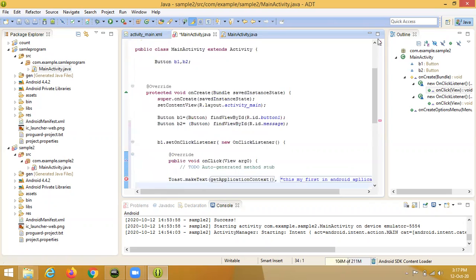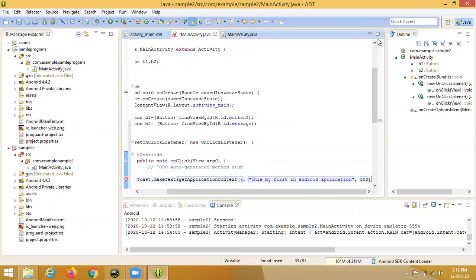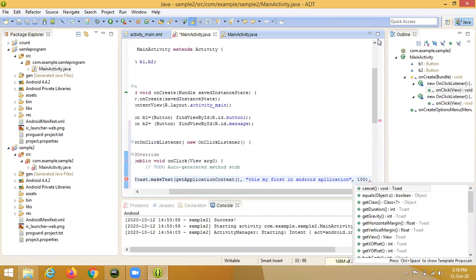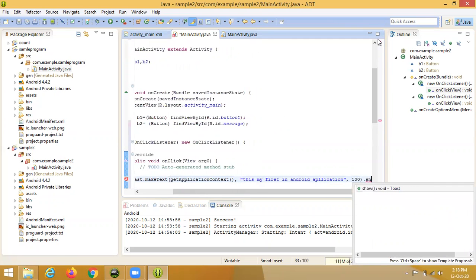When completed, this is my first Android application, and it will show for that duration, but it will not show because the show operator has not been implemented. Dot show. Select it.